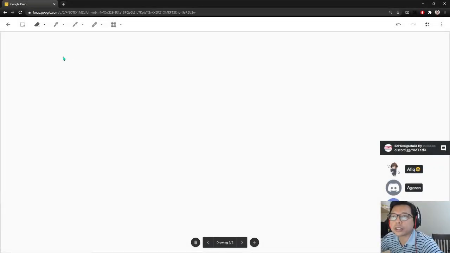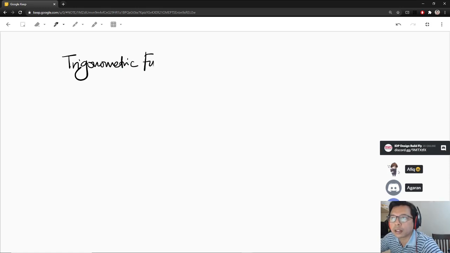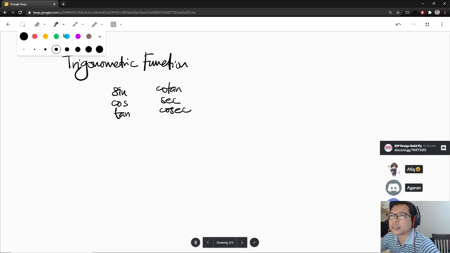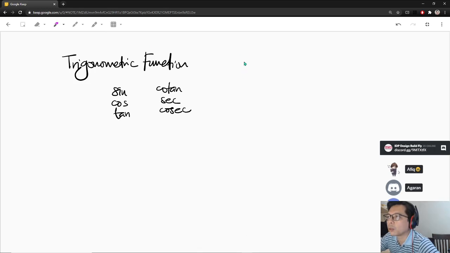So the next thing I want to show you is what we call a trigonometric function. It's basically any function that involves sine, cosine, tangent, cotangent, secant, cosecant. Anything that involves these we call a trigonometric function. And in trigonometric functions, basically you will come across this word right here, periodic,